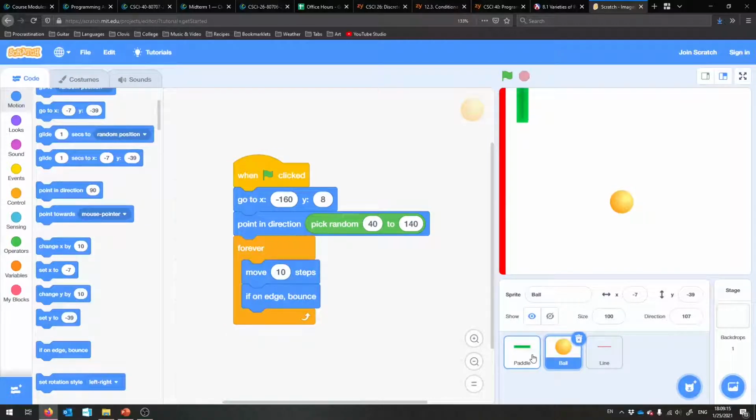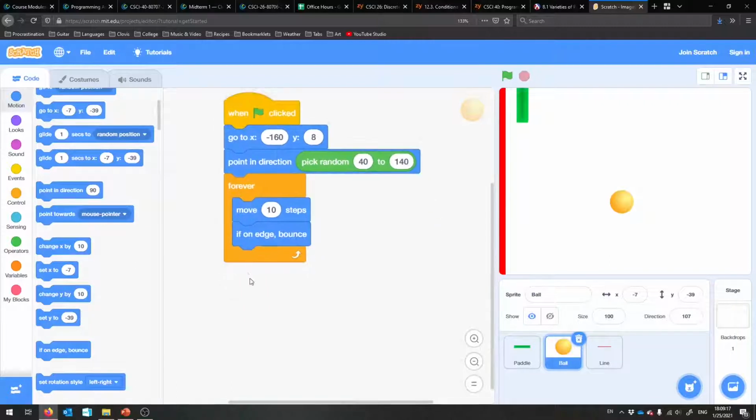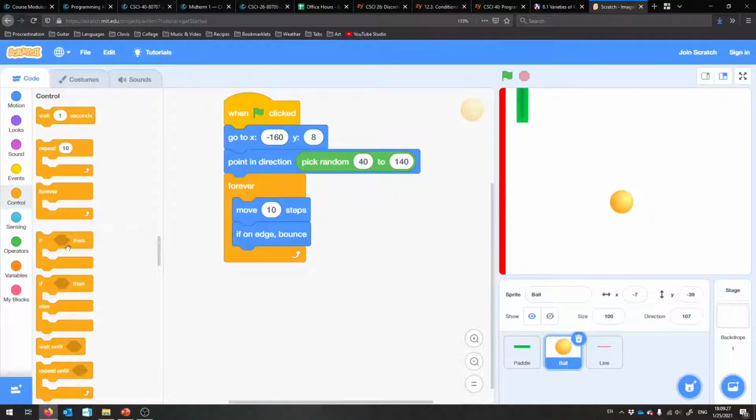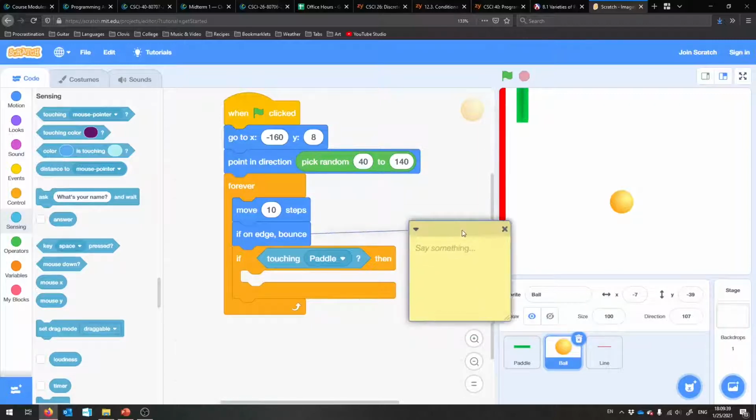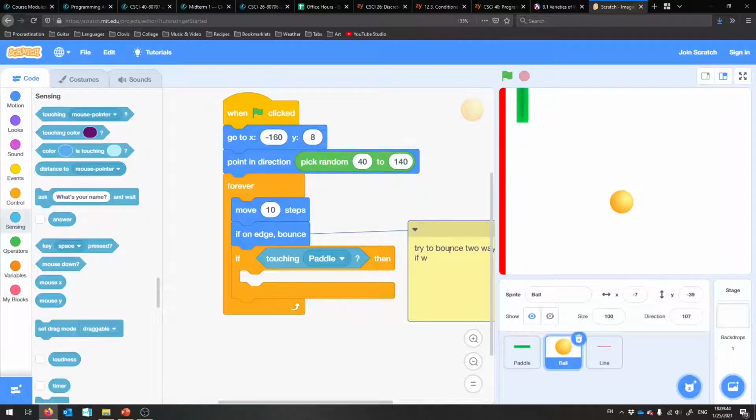So the hope is, if we ever touch the paddle, we should also bounce off of that. So in addition to if we're on the edge, bounce, if we hit the paddle, also bounce. Okay, so if we are currently touching the paddle, then we should bounce. We're trying to bounce two ways. So if we hit the edge, bounce, and if we hit the paddle,